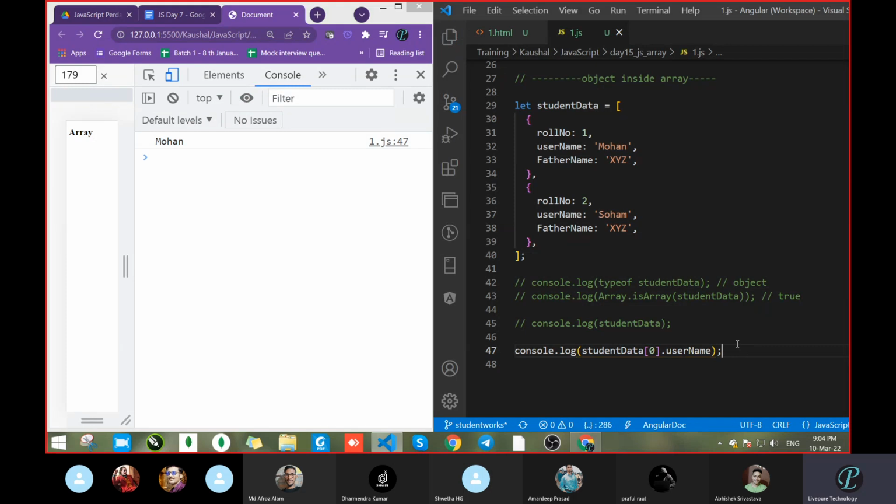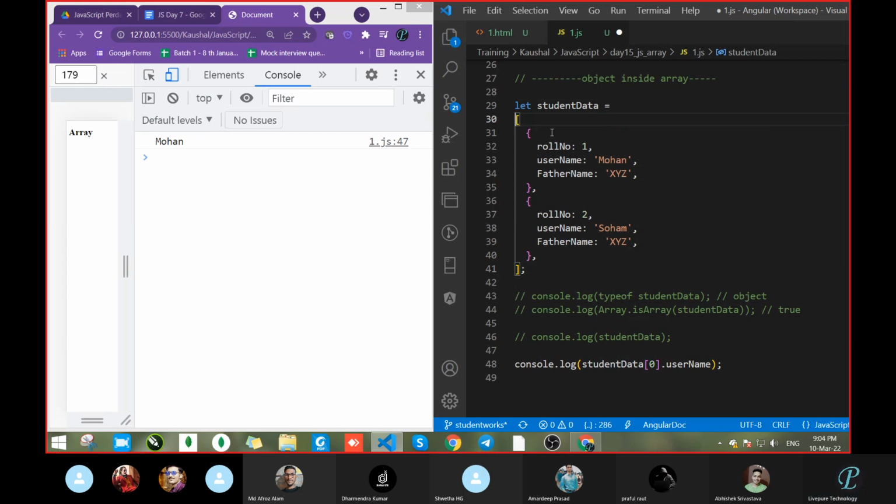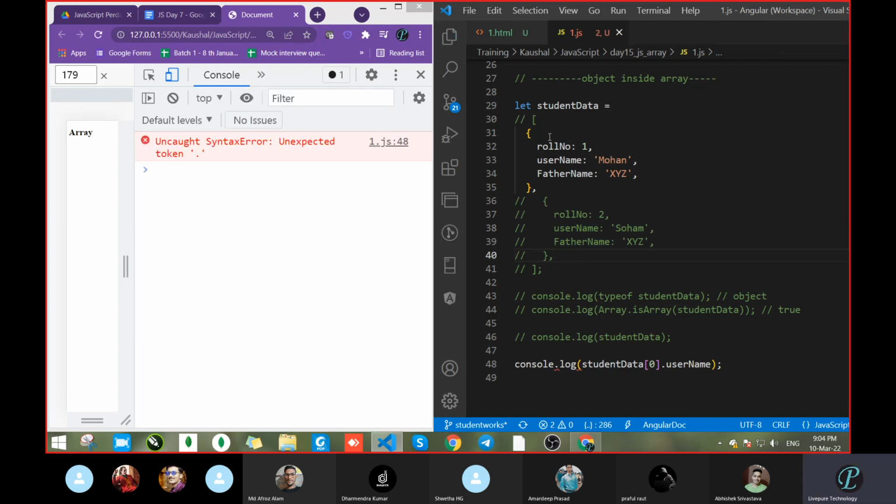So how to access data from an array and an object? This way we can access. Previously we had seen that if this is not an array, then how you can access the data. See, I am going to comment both these lines. Comment this also. Now we have only one object.